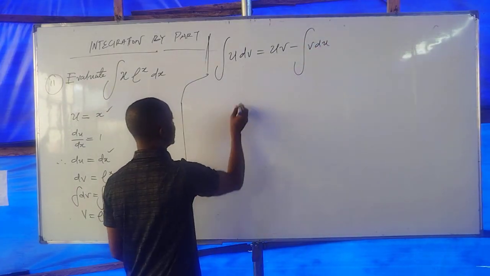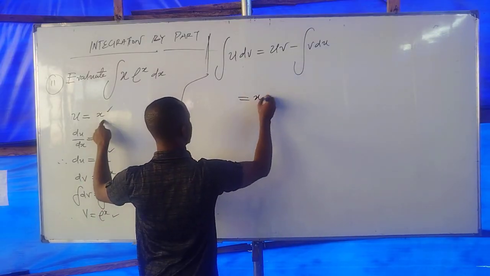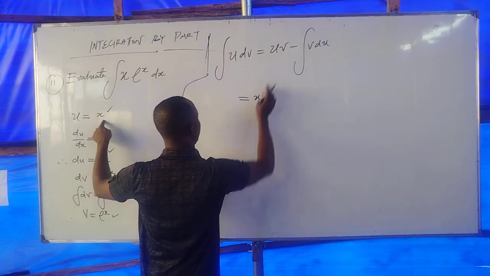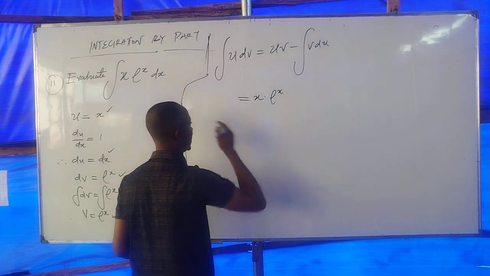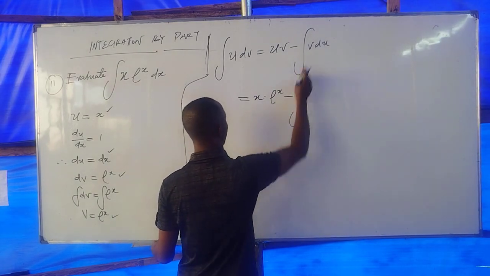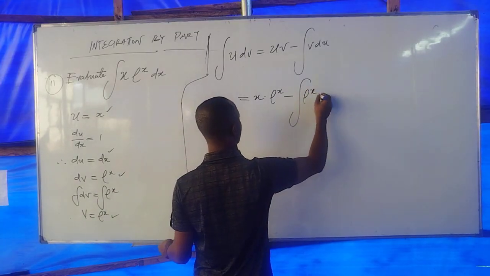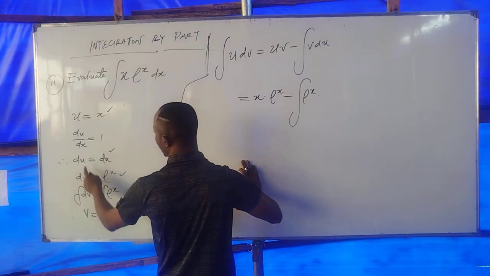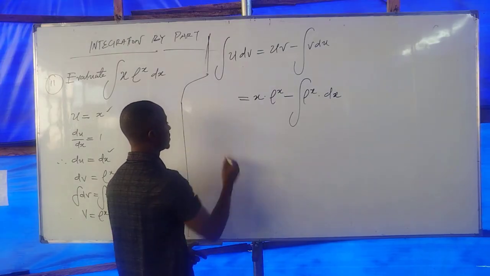Let's put the values here. What's our u? Our u is x, right? x multiplied by v. What's our v? v is exponential x, right? Minus integral of what? What's our v again? Exponential x. But what's our du? Our du is dx. Are you there, somebody? So that will give us